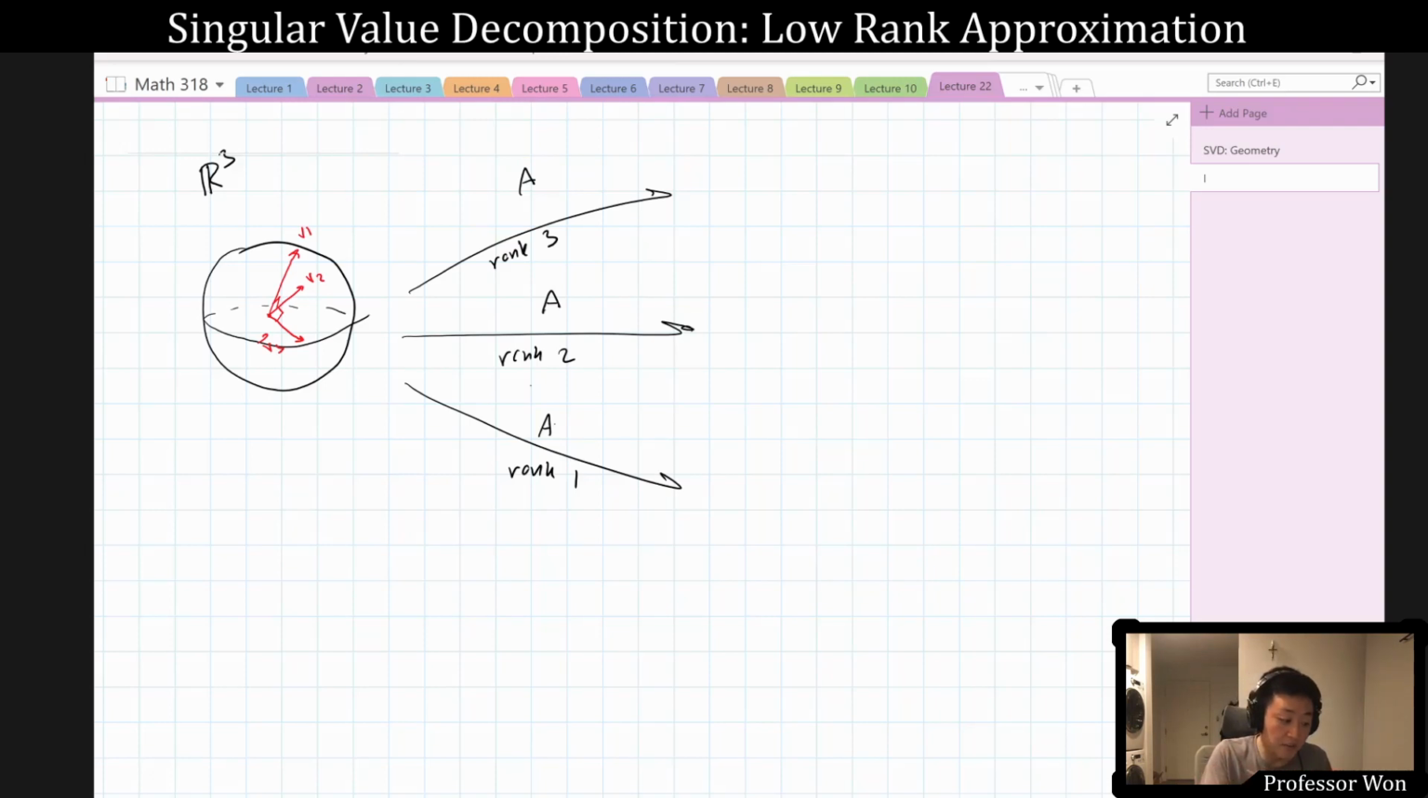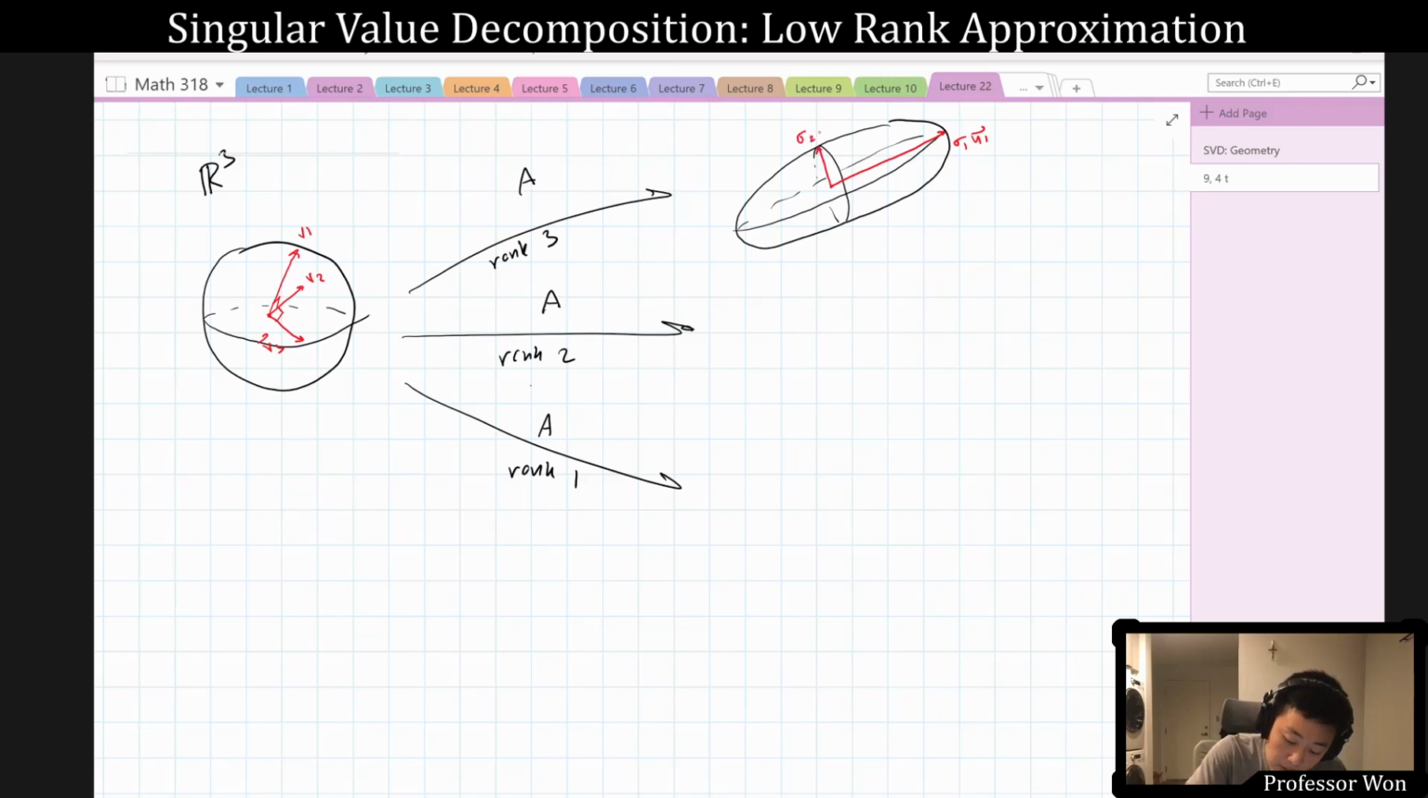So if it's a rank 3 one, then you are sending it in Rm to some three-dimensional hyperellipse. Right, there are 3 axes, and the longest one will be, this is sigma 1 u1, and the second longest one is sigma 2 u2, and the third longest one, which I guess is coming out this way, is sigma 3 u3. That's if you have a rank 3